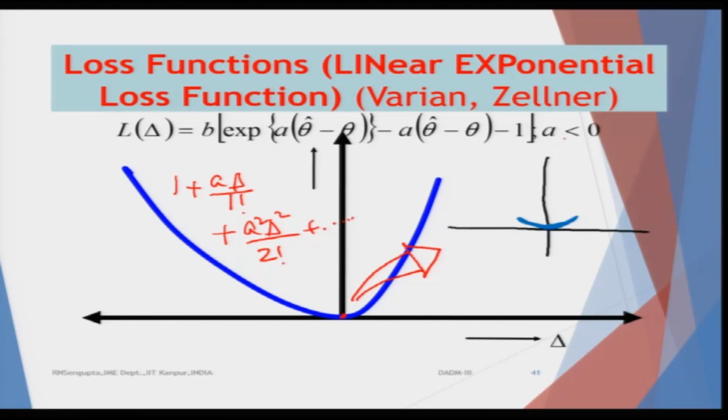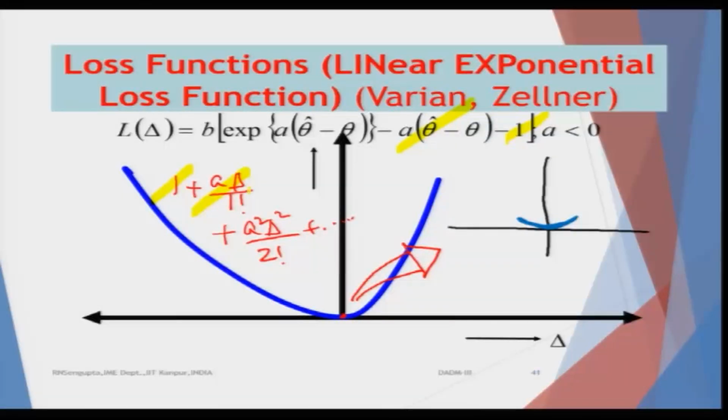Now, if I consider 1 and 1 here, they will cancel out, because the other one is basically negative. So, this value and this value cancel. The value of A delta by 1, or A delta, basically cancels. These are plus and minus signs as they are there, and this exponential I have already expanded. So, if I consider the third power and higher powers to be neglected, considering that they are delta cube, which will basically tend towards 0 as we increase the value of A as well as the value of delta.